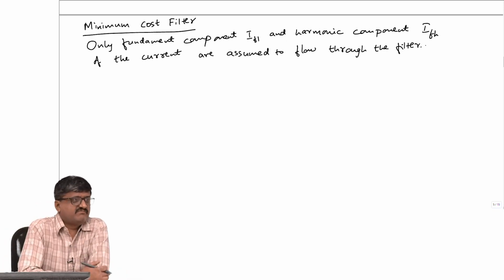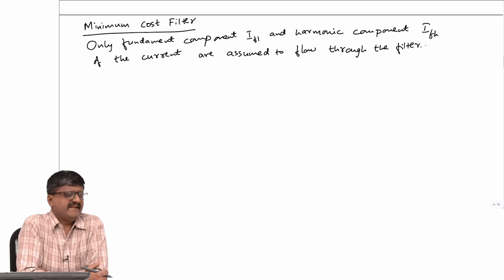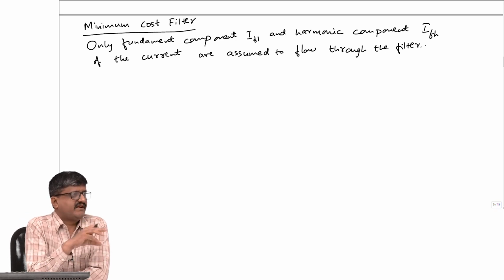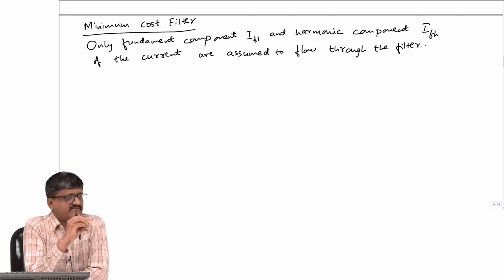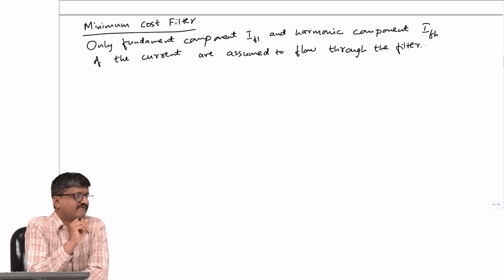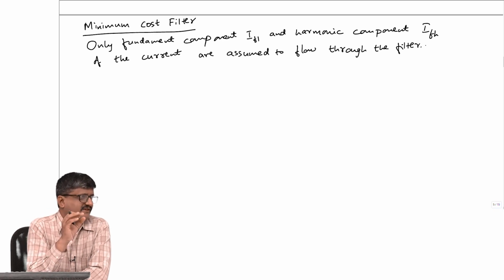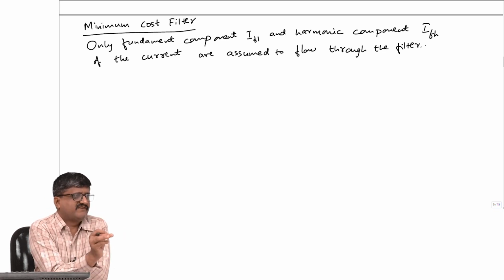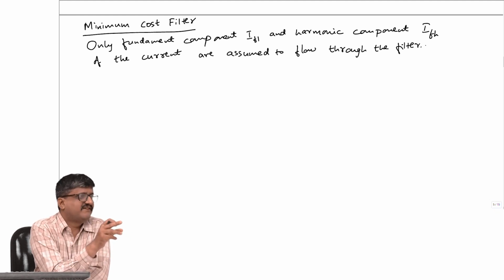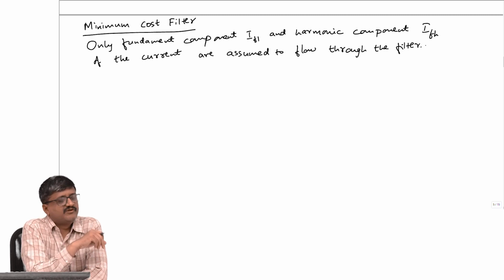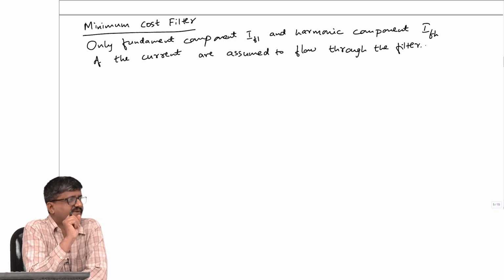Now, when it comes to cost, it is dependent on what? If you take any electrical equipment, can I say the cost is almost proportional to one particular rating of that equipment? What rating? Let me take for example transformer. If I say the cost is proportional to some rating of the transformer, what rating? Voltage rating? Current rating? It is actually volt ampere rating. Now, when it comes to filter, what rating? Again, filter is an electrical equipment, it is again the volt ampere rating.